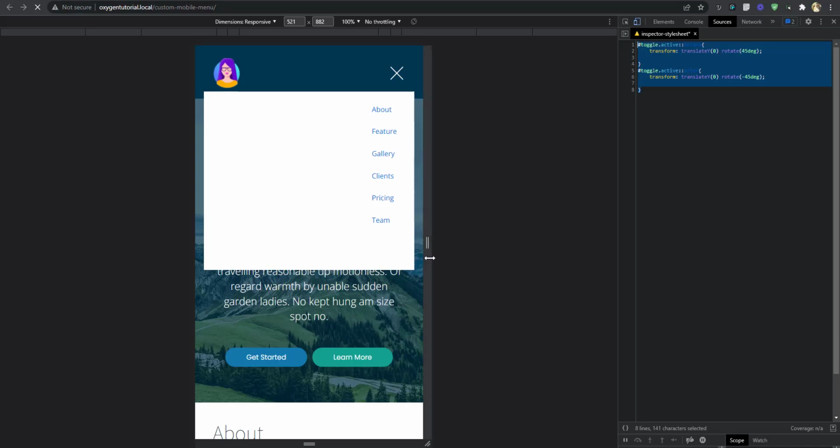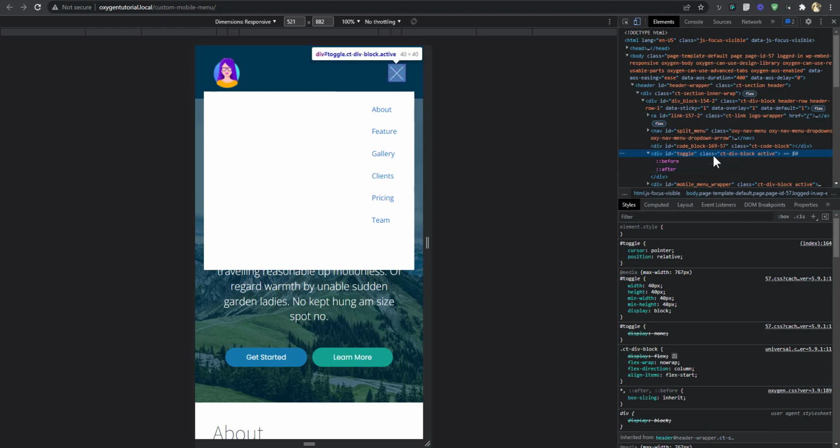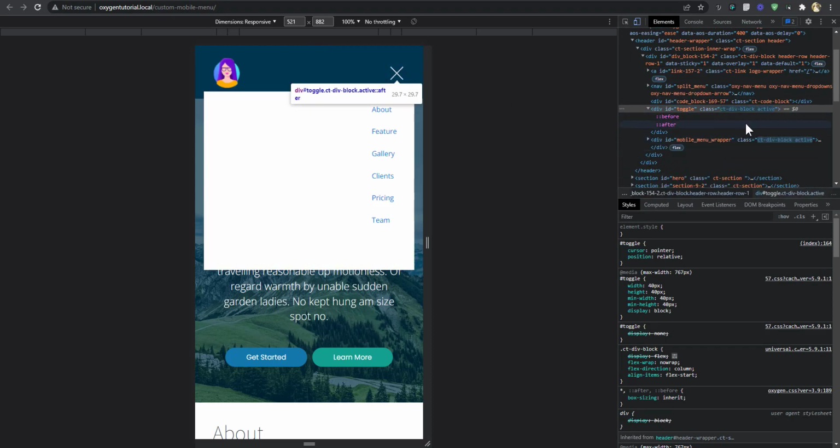All right, so let's see what happens. So I'm going to refresh this, and then I'm going to click this. So it toggles that class. If you take a look at this, if I click, you can see that it adds the class active to it. All right. So how do we solve this? How do we do something about this?